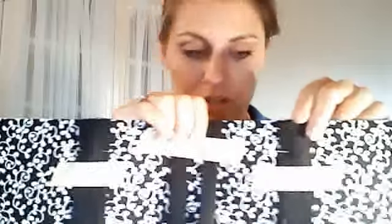You can attach your straps with heavy duty pins like I have here. Or I've also found that using tape keeps your straps in position and keeps them straight. Because sometimes they do tend to shift, especially with the thick,